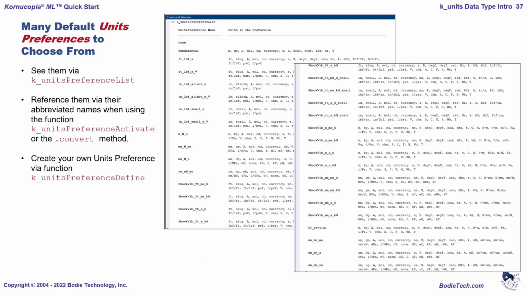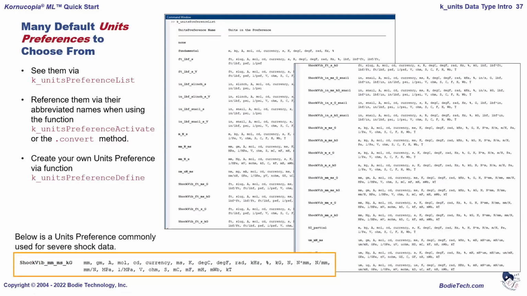And you can create your own preference. It's quite easy to do that. So if you were doing shock work, for example, this would be a common preference. What you have in here are some of the fundamental things like millimeters, grams, so this is length and mass, and a few other fundamental units. We have some stuff related to temperature. And then we have other common combination units like